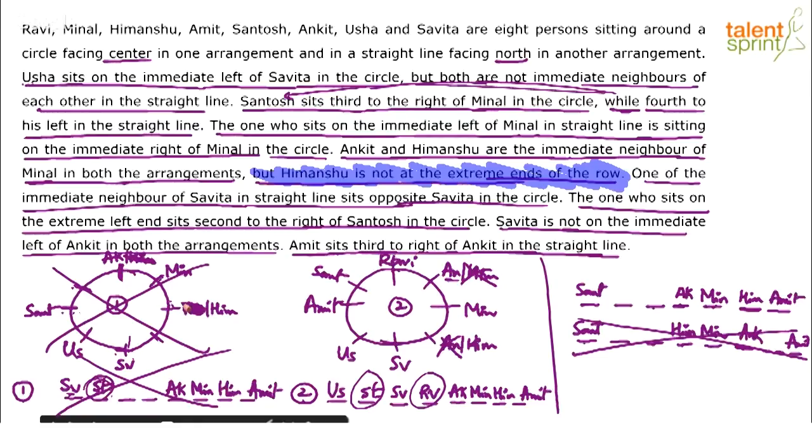Because in circular arrangement you can start from wherever you want on the circle. But when it comes to linear arrangement, it's not possible. You have to first represent it pictorially and then try to fix it. So the moment we got these 7 positions in this order, we fixed it to the 2 linear arrangements, because already extreme left was occupied by Savita here and by Usha here. So the remaining 7 positions were filled by this pattern in this order. And then we completed the graph.